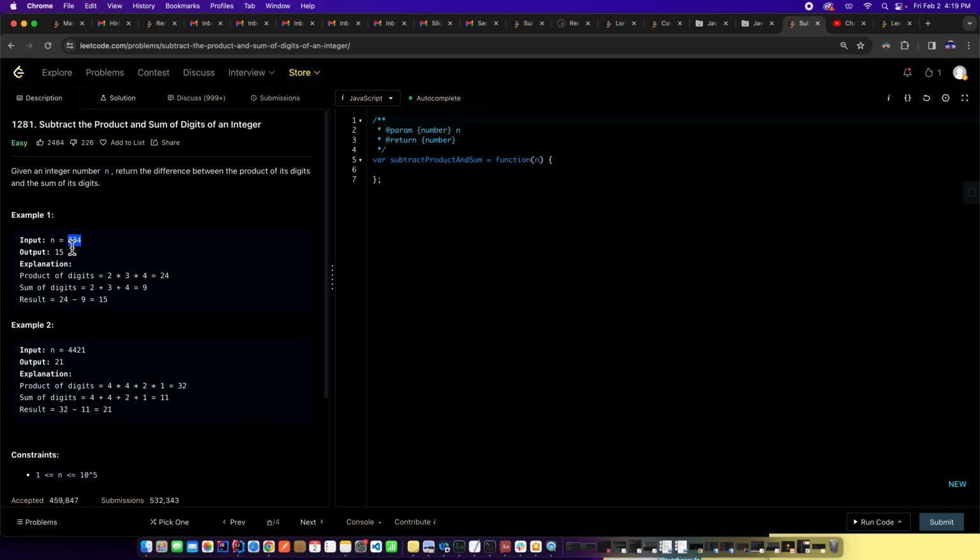And at the same time, you can sum them up. So 2 plus 3 plus 4, that is 9. Once you got those two numbers, then you just have to subtract from each other. So 24 minus 9 equals 15. See? So the only trick here is that there's a technique for actually extracting the individual numbers, and it's basically